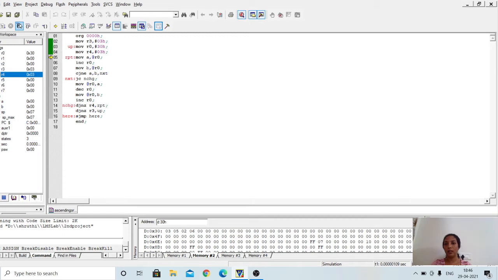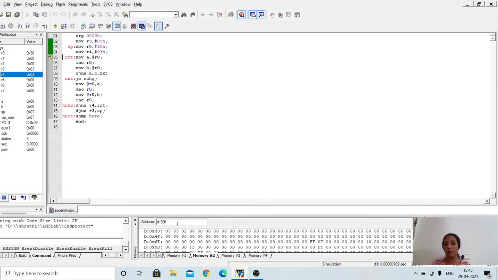Next, I'll load the same value of count to another register because I already told you the comparison has to be between the successive elements, consecutive elements. Again, such comparisons have to be performed 3 times.